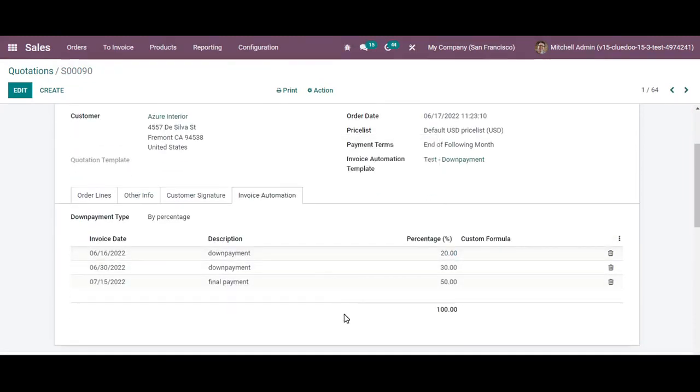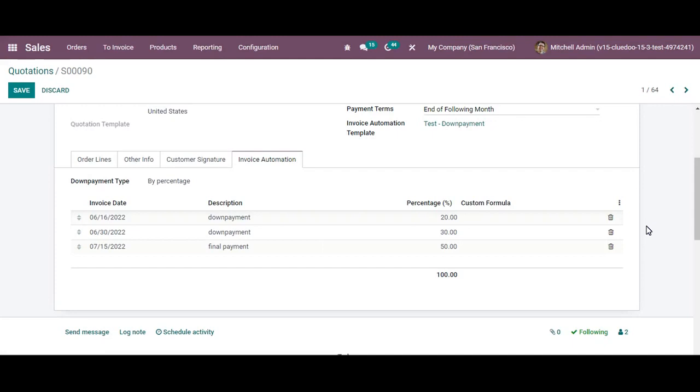And you might be thinking, what if, owing to complications, the agreement is not met and not delivered, yet the final payment is still invoiced for? If it is the case that an invoice is sent despite the agreement not being delivered, a credit note will be supplied. And that is your invoice automation template using down payment.